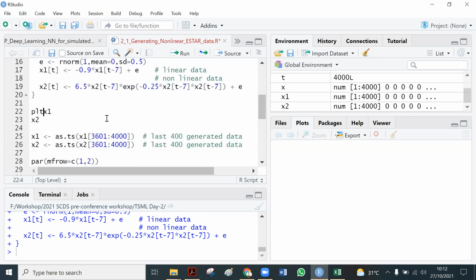We can make a plot of it. I will make the data a time series format, so ts is time series.